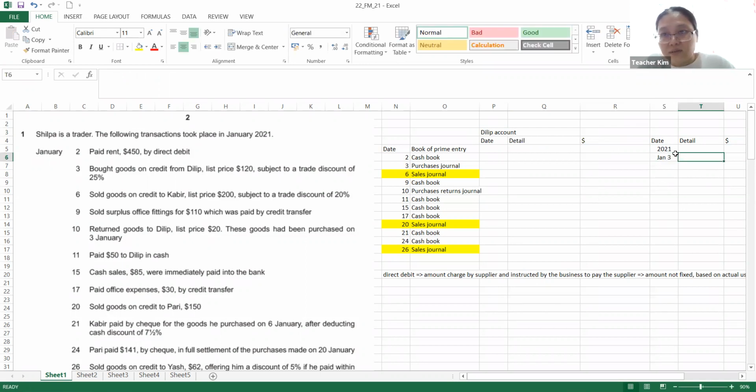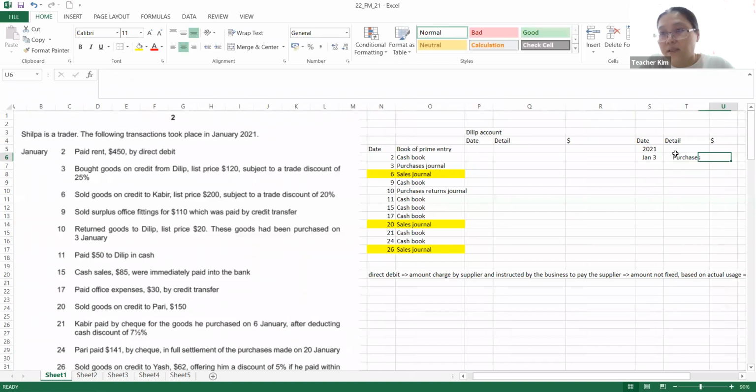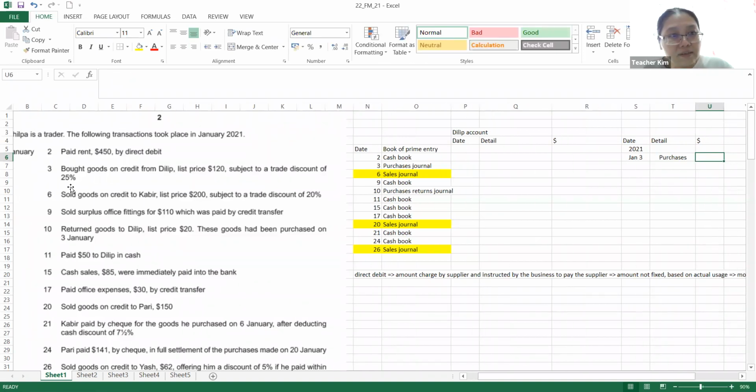Okay. Purchases. Okay. And the amount is 120, because they say subject to trade discount of 25%. That means the purchase is only 75%. Okay, next is